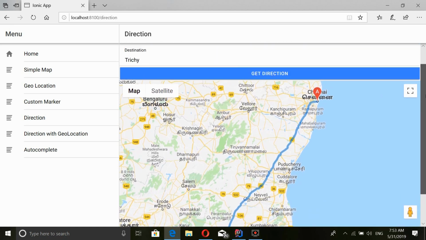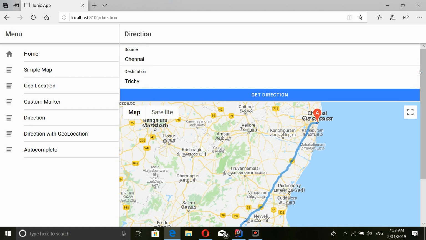Okay guys, these are the simple things you need to do in your Ionic 4 application to implement the direction service. Before that, you must enable the Directions API in your Google Maps API console. Don't forget that, only then will the direction service work.